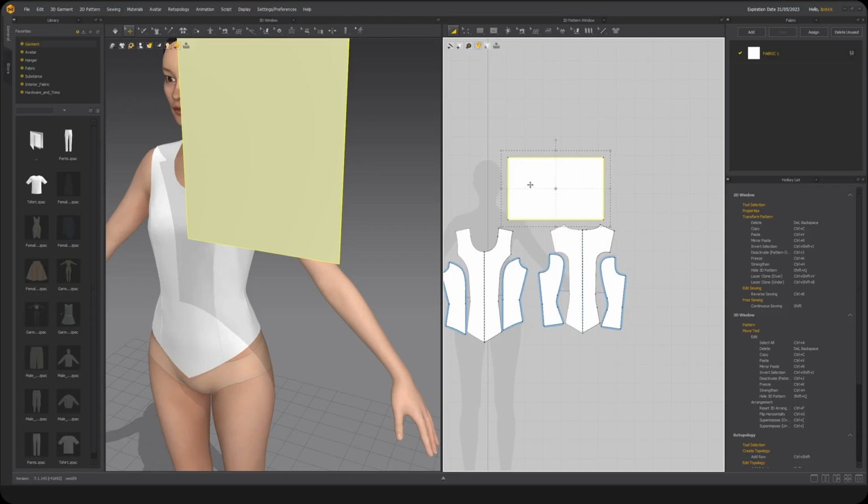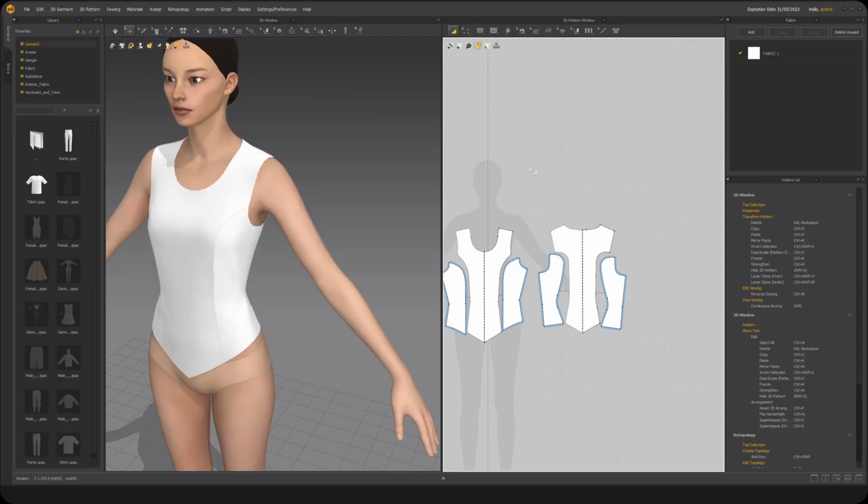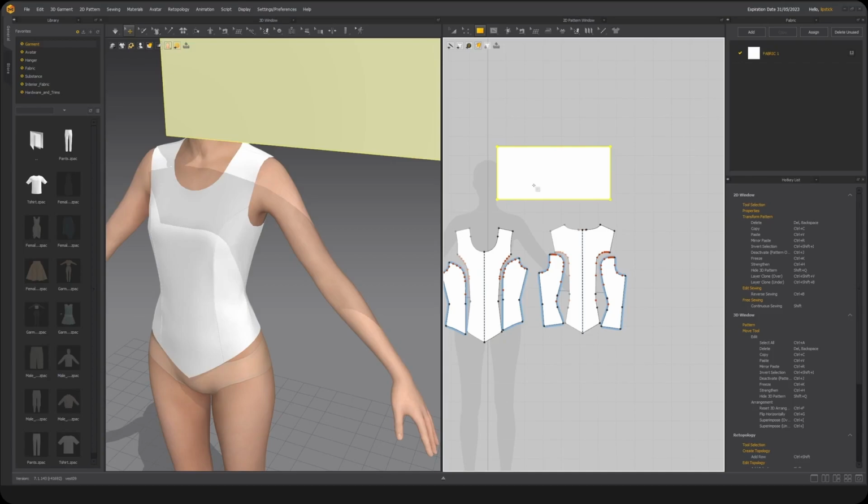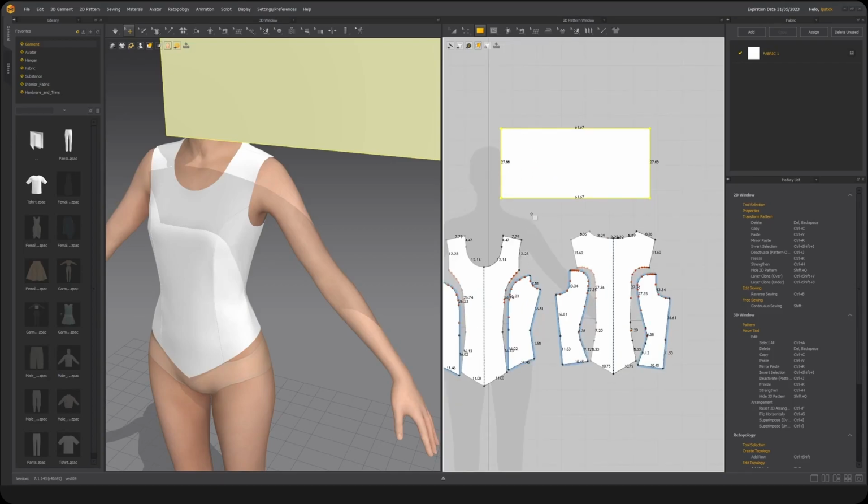So obviously this is one way that we can do it, but the way that I wanted to do it originally was just to press S, create a rectangle here, and then afterward press Shift Z so that I can see within my 2D pattern window